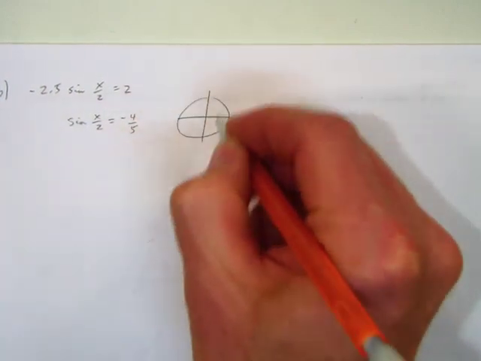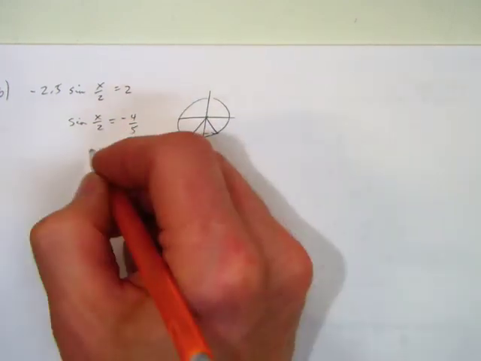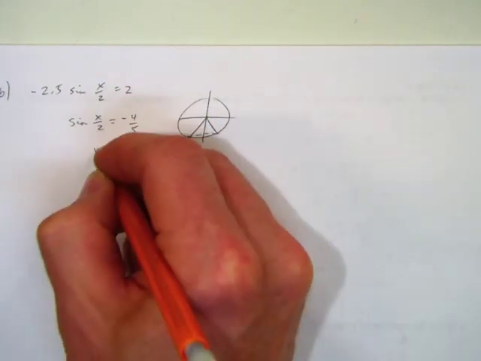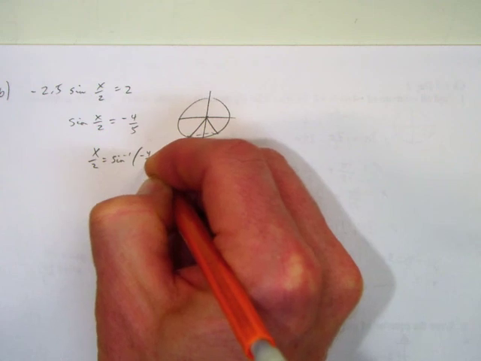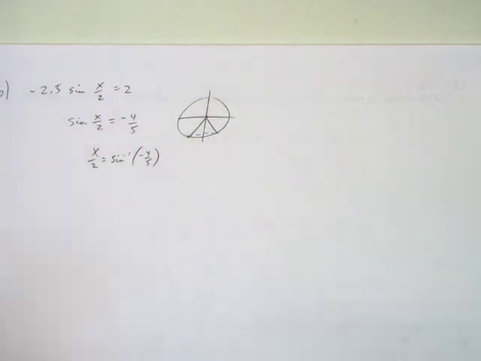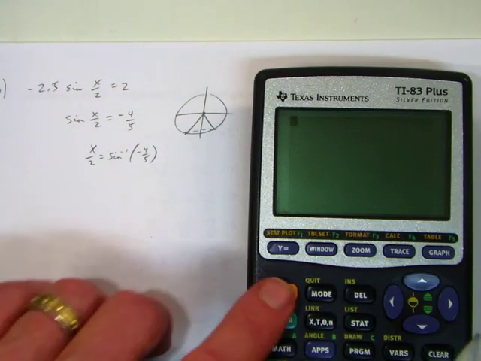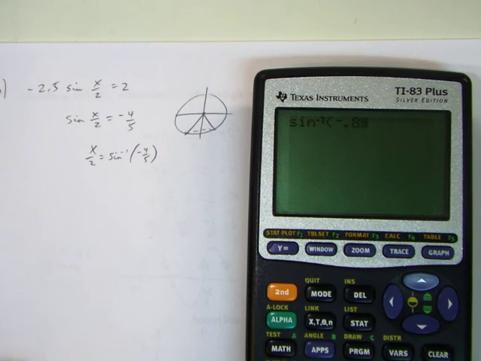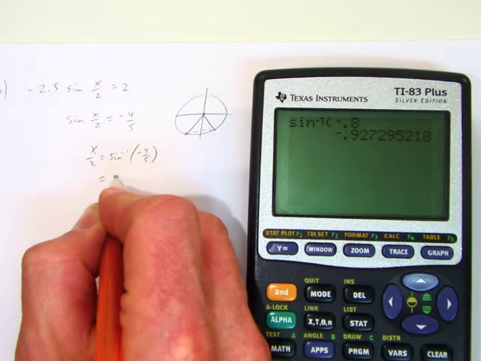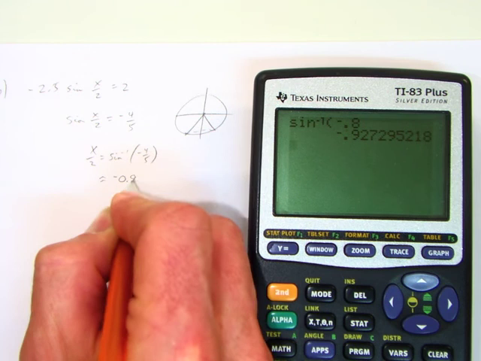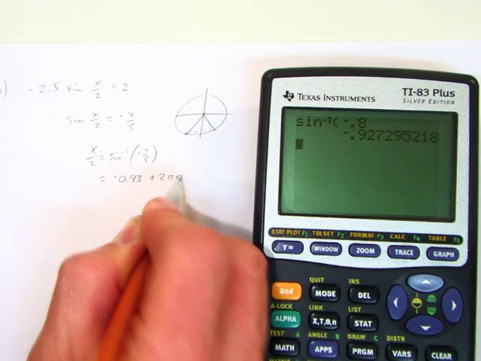When we look at our unit circle, we have values down here. Now we say x over 2 equals the inverse sine of negative 4/5. And I'm going to take out my calculator. Inverse sine negative 0.8, enter, and it gives me negative 0.93 plus 2 pi n,